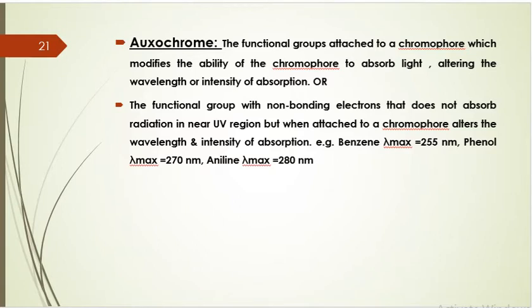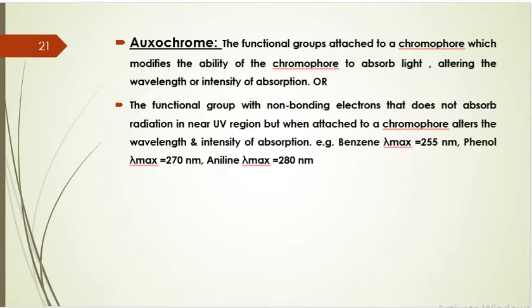The absorption at the longer wavelength is because of the combination of chromophore and an oxochrome, and this combination gives rise to another chromophore. An oxochromic group is also called a color enhancing group. So it enhances the color, and that's why it helps the chromophore to absorb at a longer wavelength. Some examples of oxochromic groups are the OH group, hydroxy group, amine group, and sulfhydryl group. So these are some important examples of oxochromic groups.